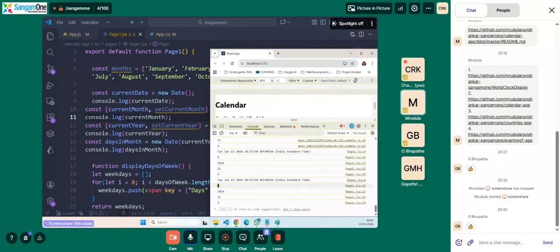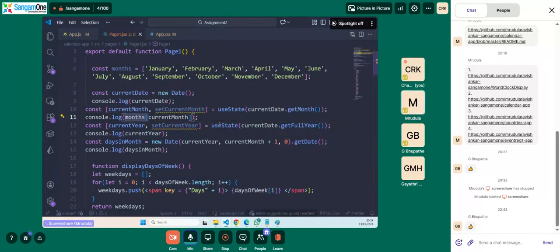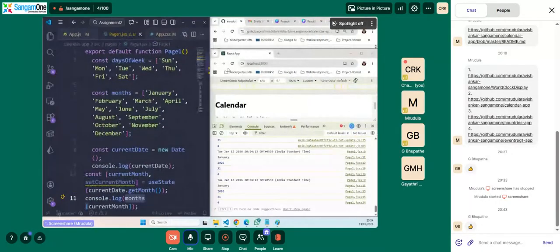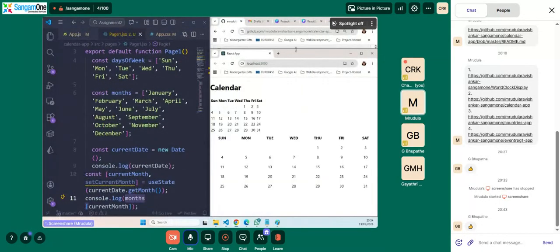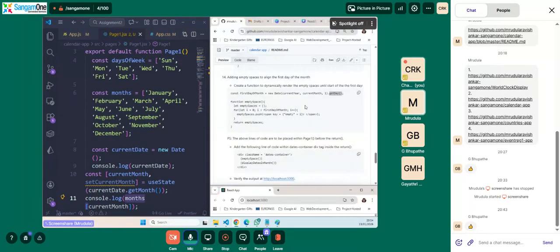I've just added this so that I can display the actual month, not just this one. Okay, I will add it back. Now we have done most of it, but we don't know which month we are seeing and which year we are seeing. So for that, we will add a simple